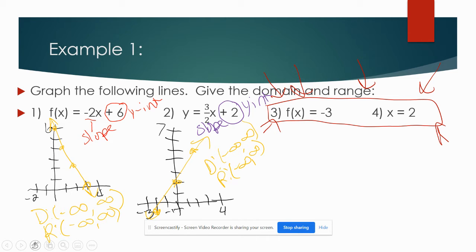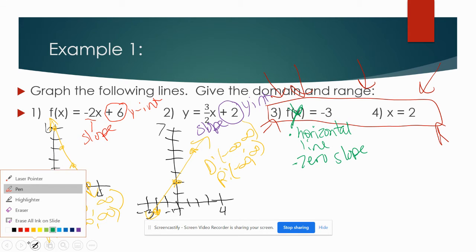I'm going to go ahead with number 3 and say, let's remember that f of x and y are the same thing. So this equation is y is equal to negative 3. This is a horizontal line, and it has 0 slope. To graph that,